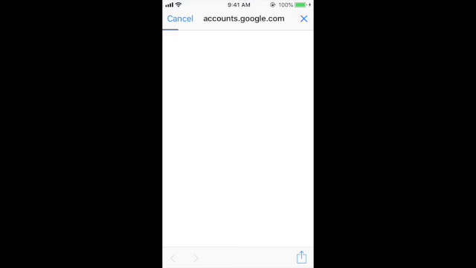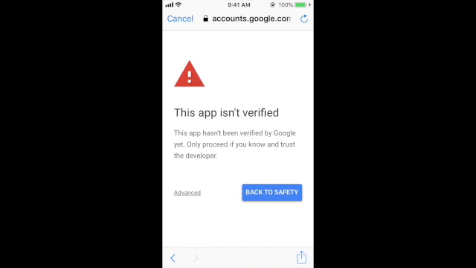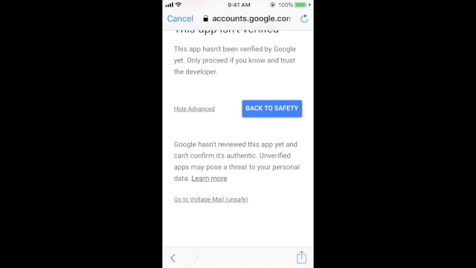The user will be displayed the add account screen, that is, choose a Gmail account. I choose the Voltage demo account and then I will be displayed this app isn't verified screen. I click on advanced. Then I scroll down and click on go to Voltage Mail (unsafe).